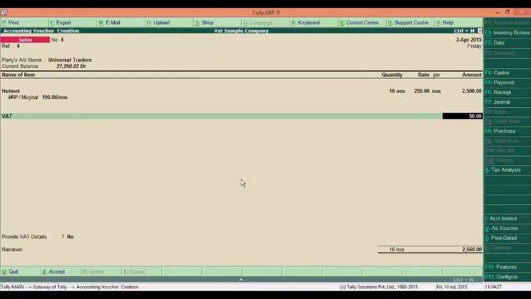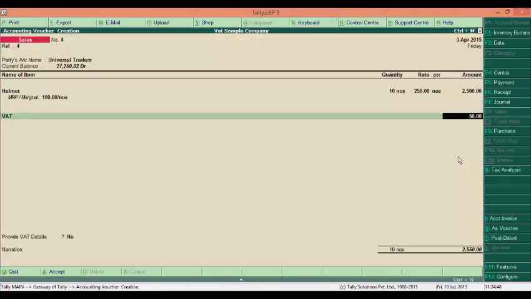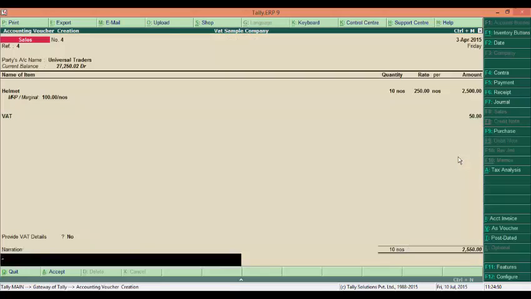Now you can see the tax analysis. VAT is calculated based on MRP: 100 rupees per number into 10 is 1000. So on the assessable value of 1000, 5% is getting calculated. Now we can save this invoice.